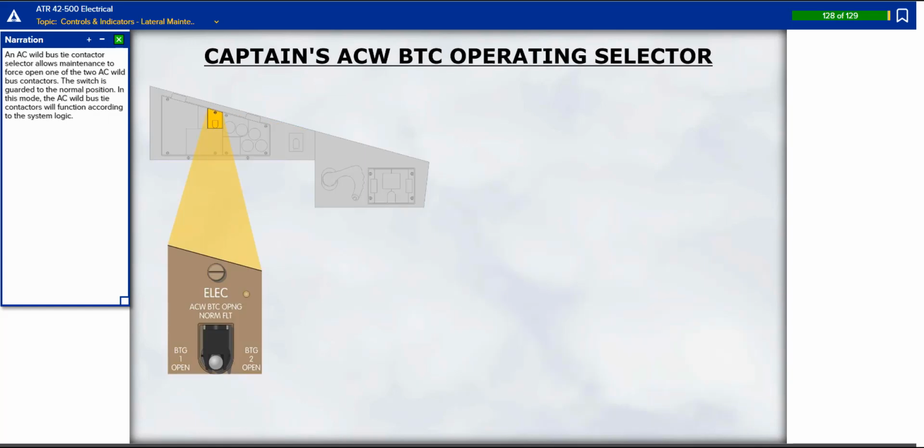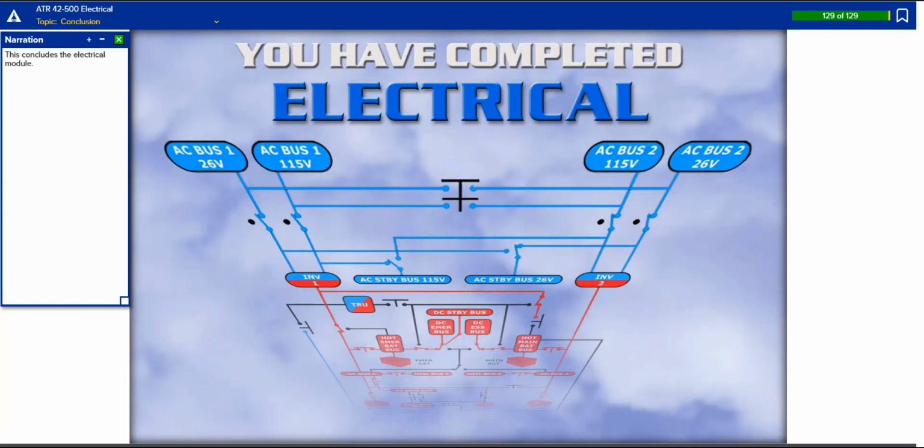An AC Wild bus tie contactor selector allows maintenance to force open one of the 2 AC Wild bus tie contactors. The switch is guarded to the normal position. In this mode, the AC Wild bus tie contactors will function according to the system logic. This concludes the electrical